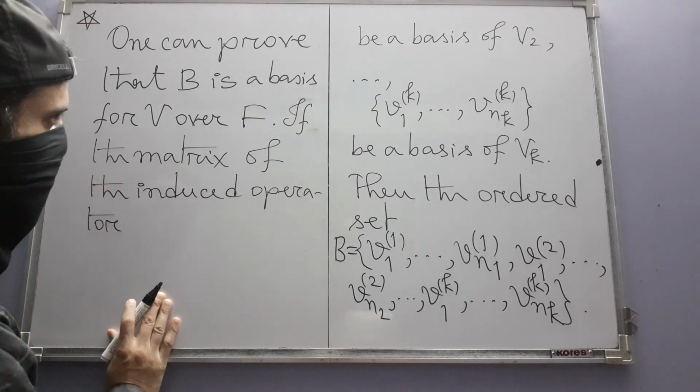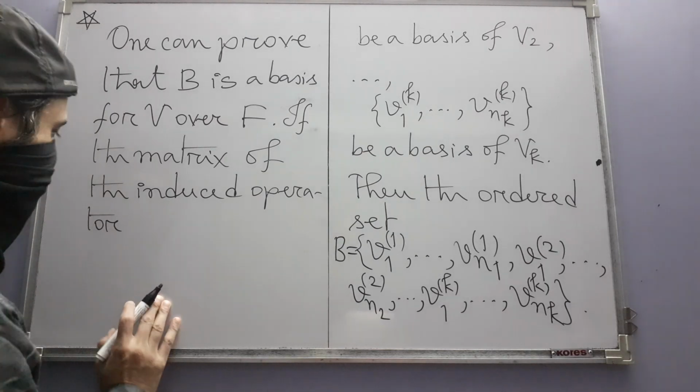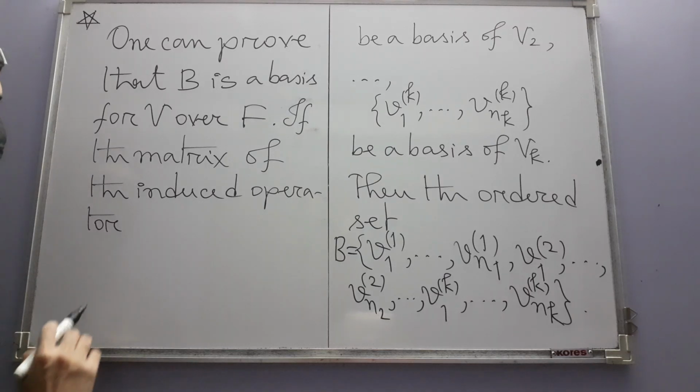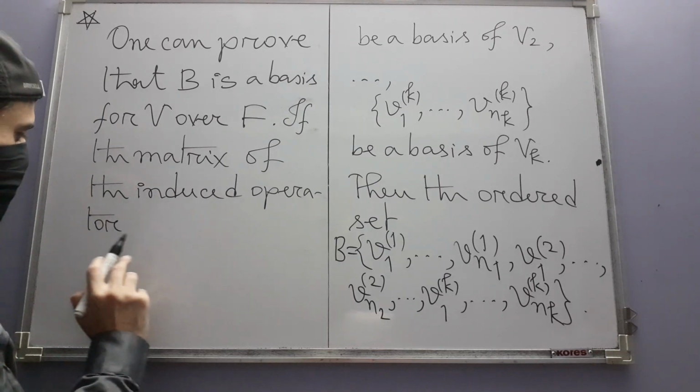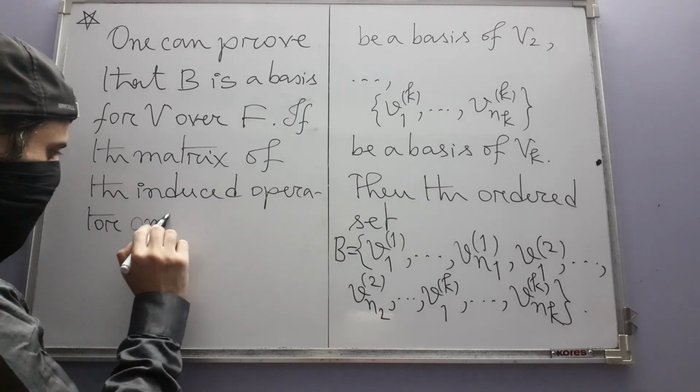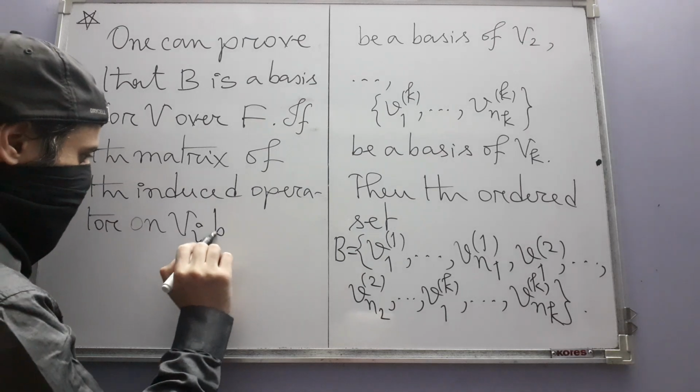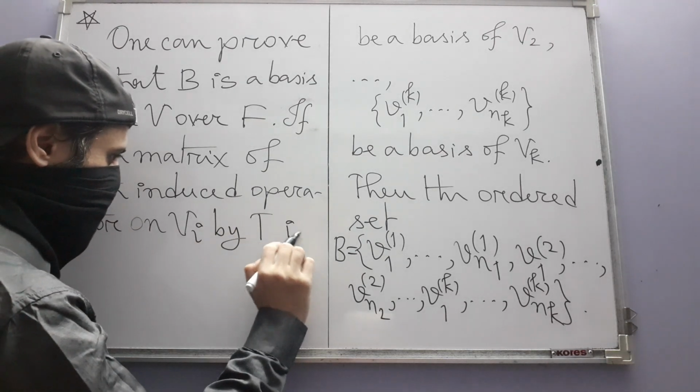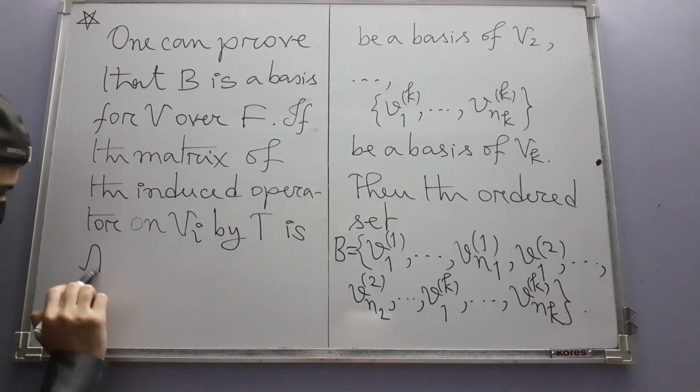No, the author hasn't given it any name and we won't need it. So let me write like this. If the matrix of the induced operator on Vi by T is Ai,